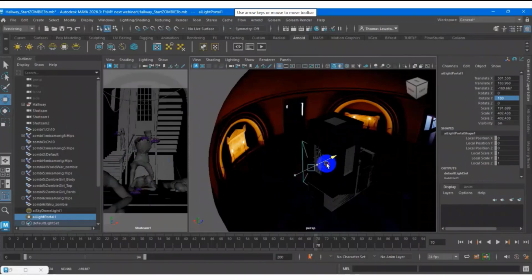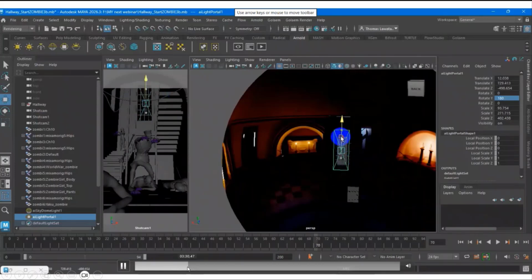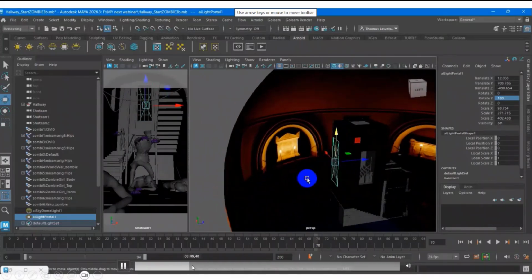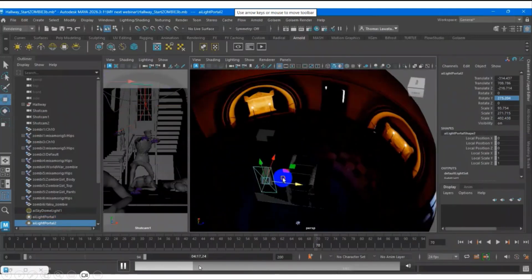That's why I put the portal light on every window. So I move and put one on every side of the windows.